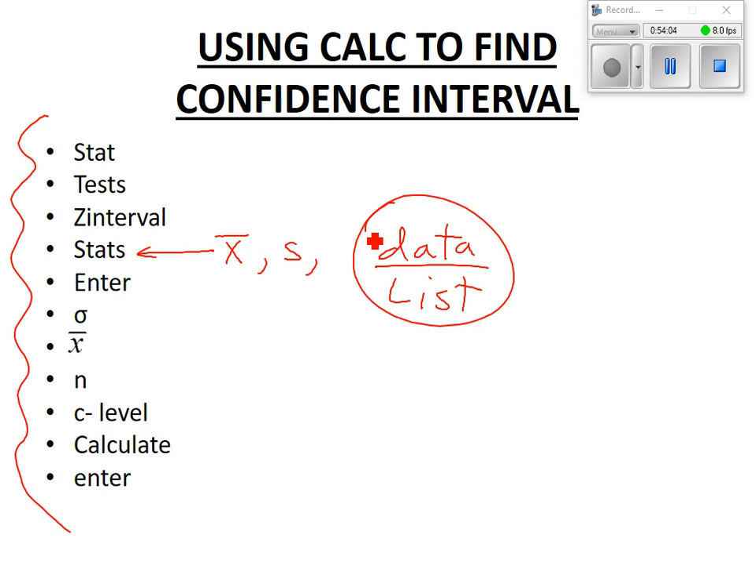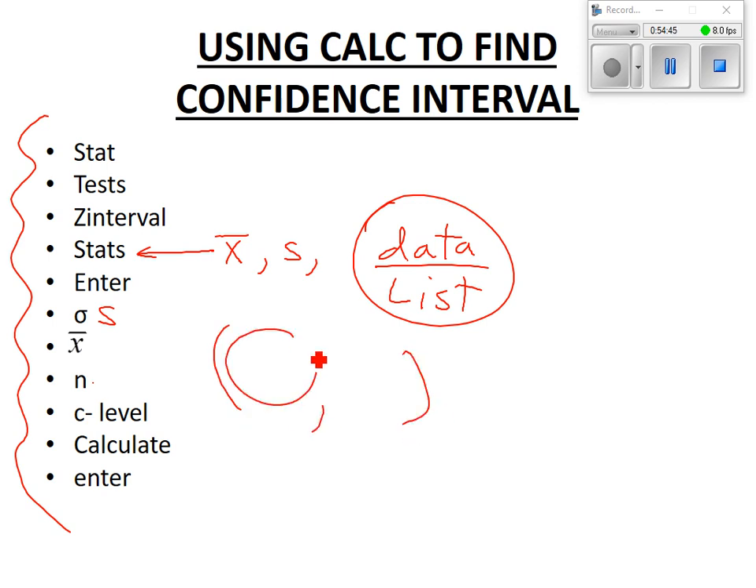So if we put in stats, then enter, then we put in sigma, which is probably going to be S. Put in our X bar, put in our N, put in our C level. On C level, you got to make sure you put it in as a decimal. So like 0.90 or 0.95 or 0.99. You got to make sure it's a decimal, not the percentage. Then you go down and put it on calculate and you hit enter. And of course mine's going to say error because I didn't put everything in. And then what it'll show you